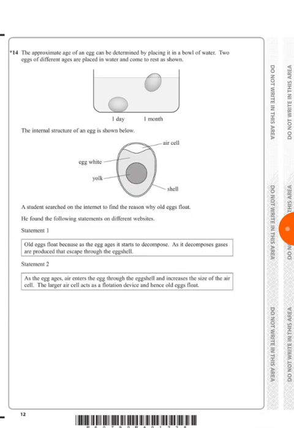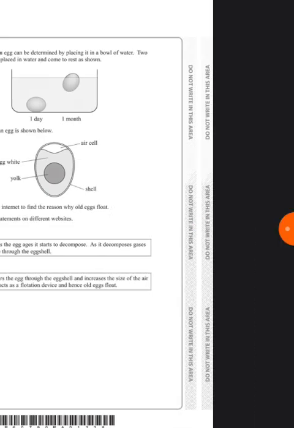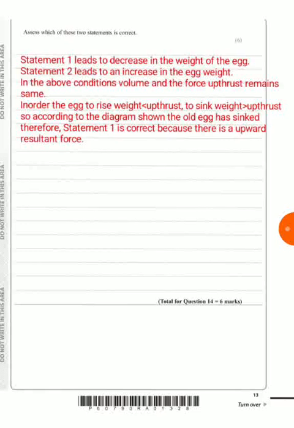So according to the diagram, the old egg will rise. So in order for the egg to rise, weight should be smaller than upthrust. To sink, weight should be bigger than upthrust. So according to the diagram shown, the old egg